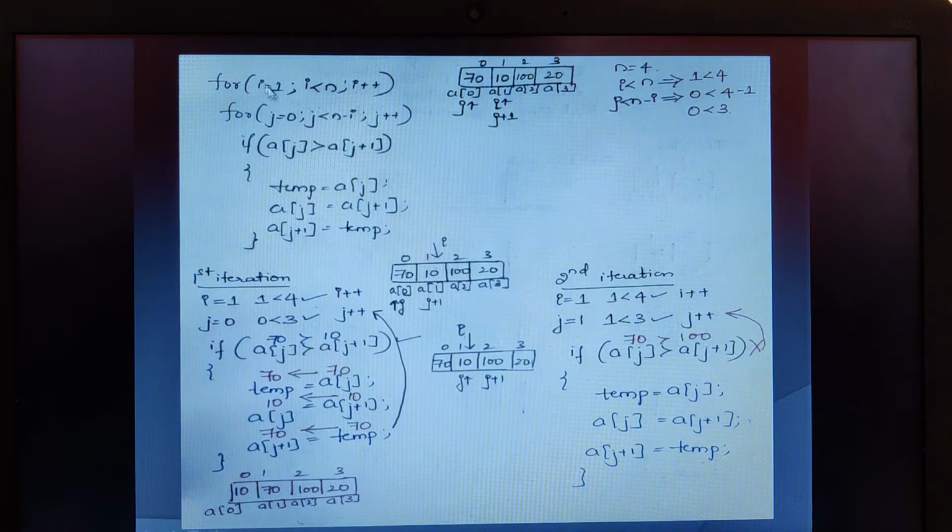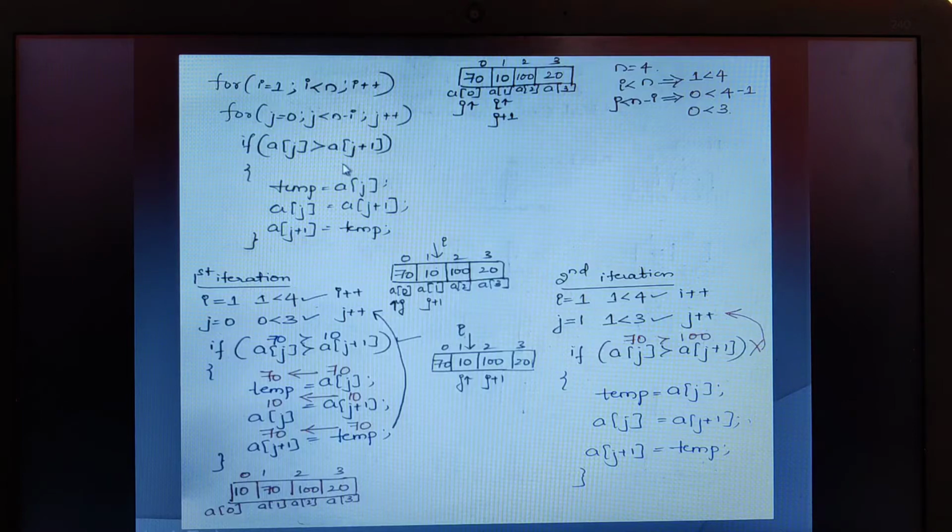See, herein I have taken two looping statements. The previous swapping, what I have explained you, is just exchange with the two values. So there was no need for looping statement or something like that. Directly I was referring to A of 0 and directly I was taking the A of 1. But since here we have more than two values, we just took the for loop, that is I, in order to traverse, in order to visit each and every location, to traverse the entire array. And to compare the values, I have taken another looping structure, that is J.